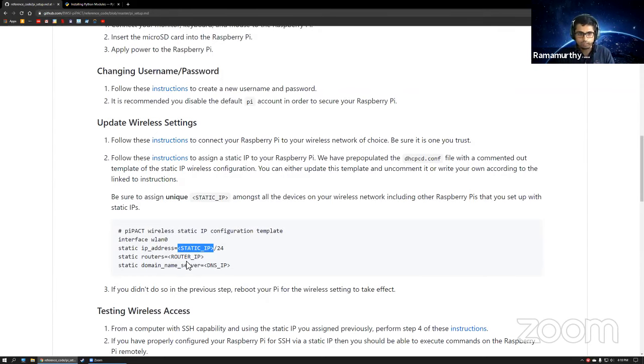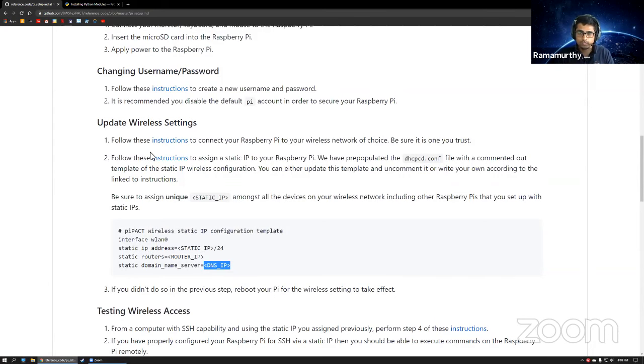You then want to assign the router IP, which should be the same IP that your router has. And that's the same thing you put here. These instructions go over how you're going to do that, so they should be pretty clear. And I've done this repeatedly. This should work. For those of you who are having issues connecting, odds are good that you've accidentally set something